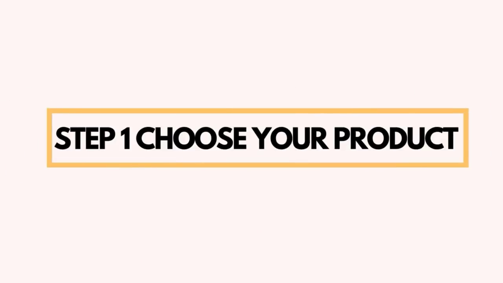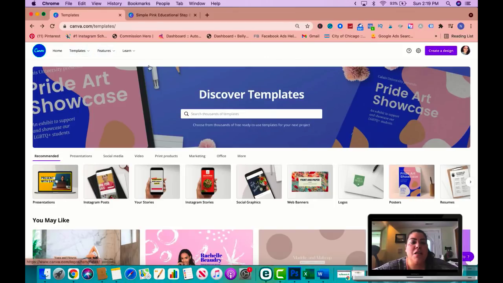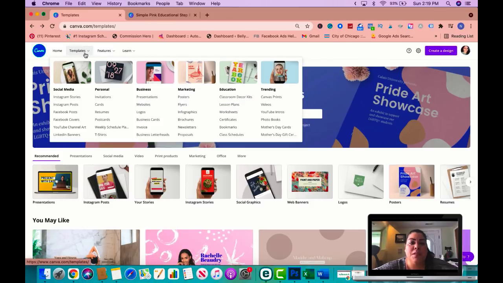All right, so here we are on Canva. And if you go right here where it says templates, or if you browse right here, it's going to give you different categories of different templates that you could potentially create to sell online, whether you sell it on Etsy or your favorite marketplace. And these are all the different things that you could create from social media, including Instagram stories, Instagram posts, Facebook covers, YouTube channel art, LinkedIn banners. And then they have additional things for like presentations, website logo, business card, business letterheads, and the list goes on and on and on. So there's a lot of different things that you could definitely create and start making passive